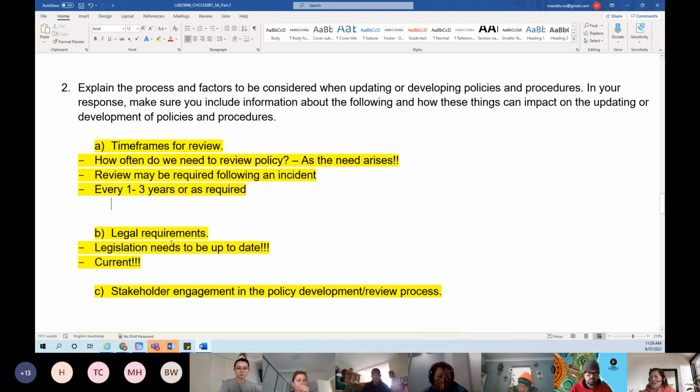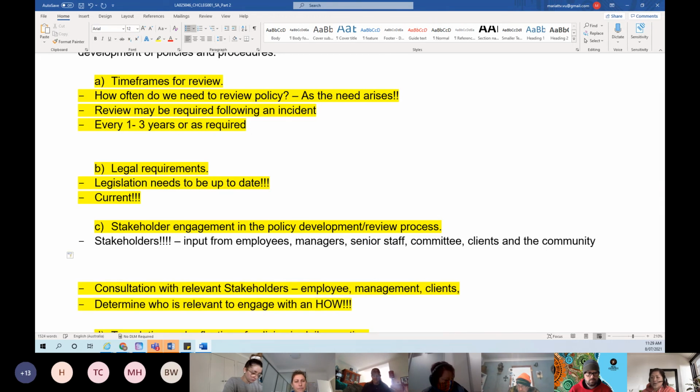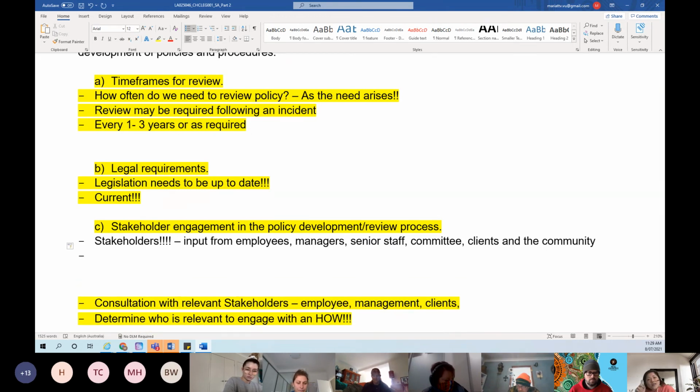Our stakeholders are employees, managers, senior staff, committee members, clients, and the community. So anybody impacted is a stakeholder. Now, the other thing you need to consider is how you engage your stakeholder group. You're going to do it via email? You're going to do it face-to-face? Or in a meeting? It's up to you. So you need to consider how to engage